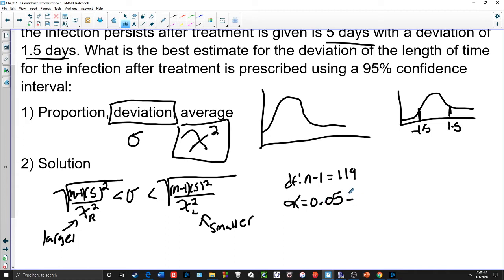But I'm going to split that in half. And why am I splitting in half? Well, if I'm going to find the two numbers individually, I have to manually split in half, one for one end, one for the other end. I didn't have to do this with the T or a Z because the T or a Z are symmetric, so they kind of already pre-did that in the table. But since chi-squareds aren't symmetric, you have to do it yourself. So if you split in half, you get 0.025 here. Here you also get 0.025, but remember, I want the other end here. So what I'm going to do is I'm going to do 1 minus 0.025